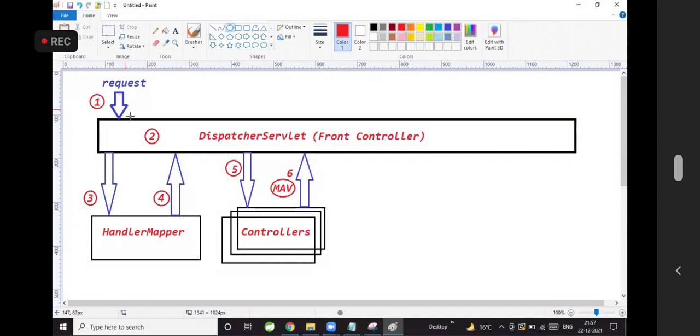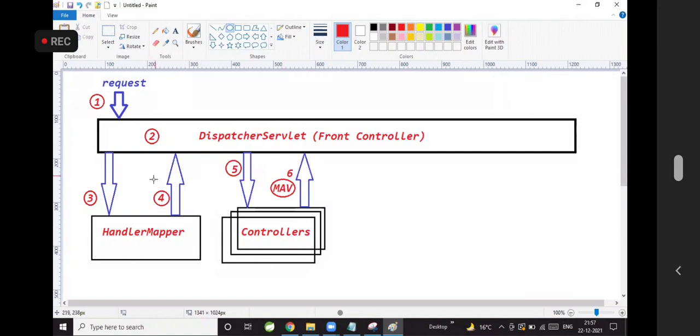Once the request is received, the dispatcher servlet will talk to handler mapper. What is the responsibility of the handler mapper? Handler mapper is responsible to identify which controller should handle that request. There are so many controllers available in our application.